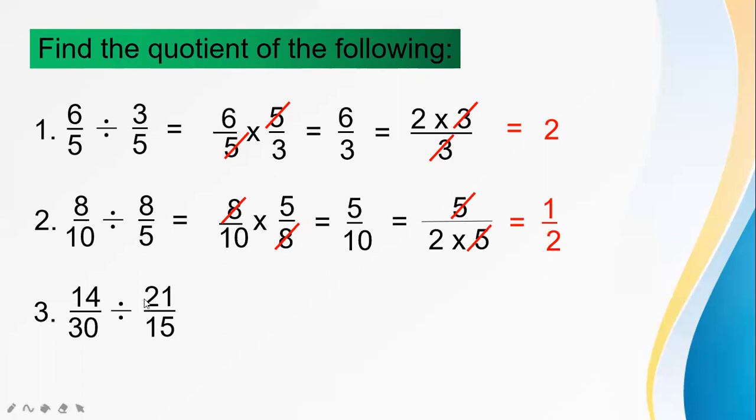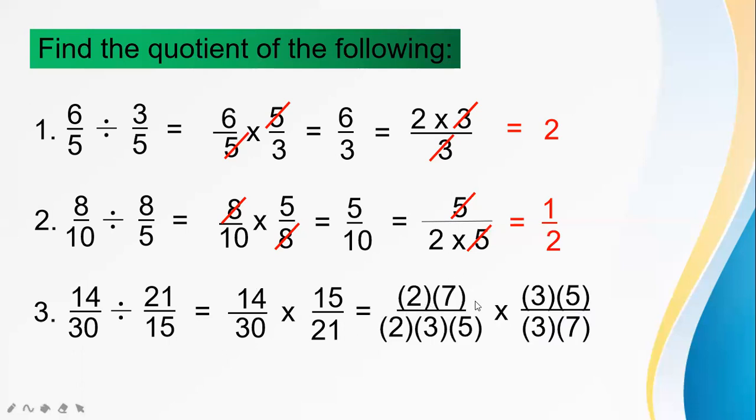is the answer. Next, 14 over 30 divided into 21 over 15. So again, first term, copy, and then change the sign of the division sign to multiplication sign, and then you get the reciprocal. So you switch the 21, then 15, so it will become 15 over 21. And then after that, you multiply or you get the factor of the first term and again factor of